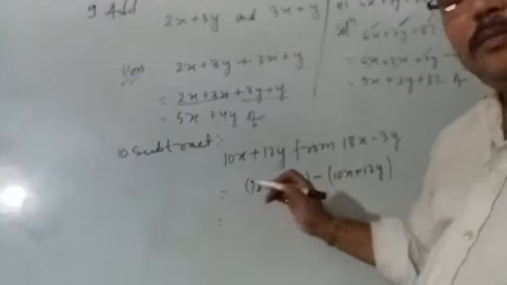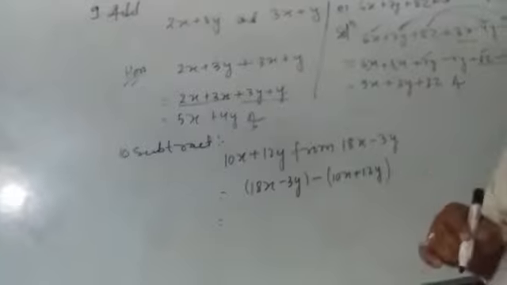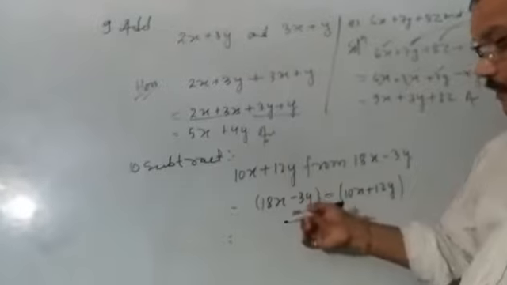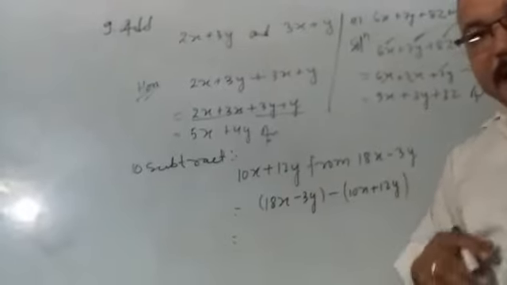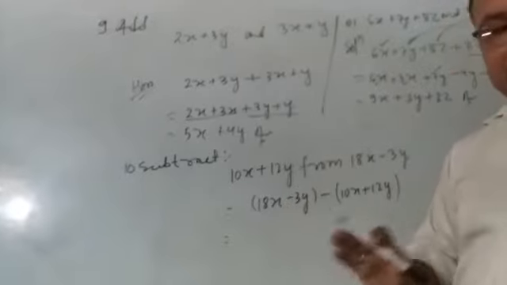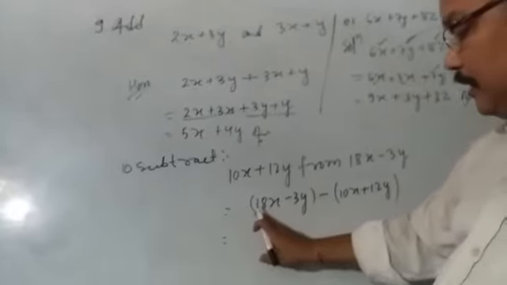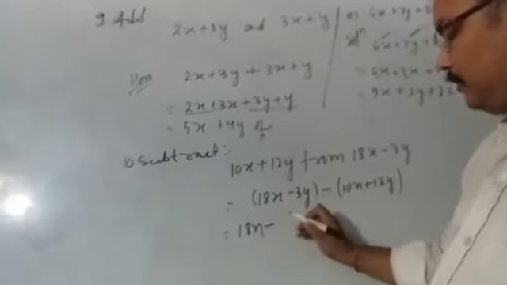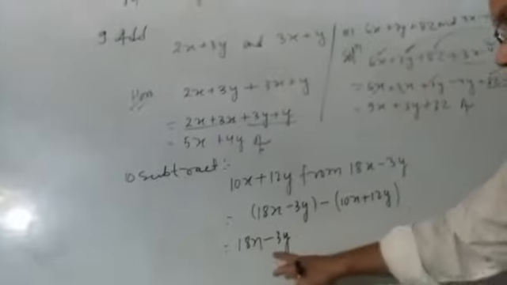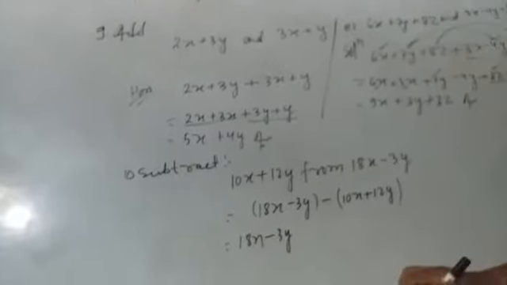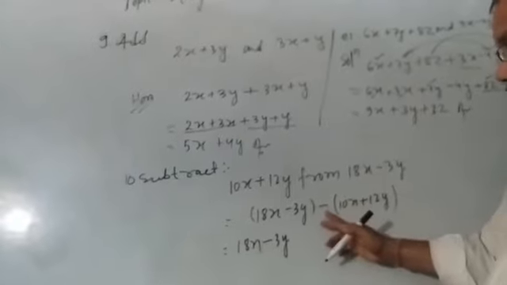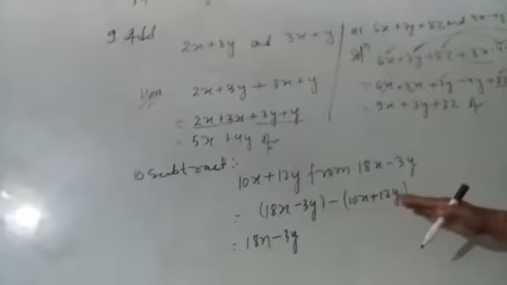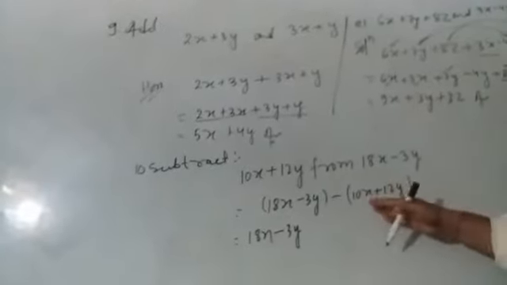Okay, so when you multiply the positive sign by the terms in the expressions, at that time you always remember that the sign inside is never changed. Okay, so plus 18x and plus minus minus, and 3y is as is, the sign is not changed. Okay, but when you multiply the negative sign to the expressions, at that time you always remember that the sign inside the term will be changed.